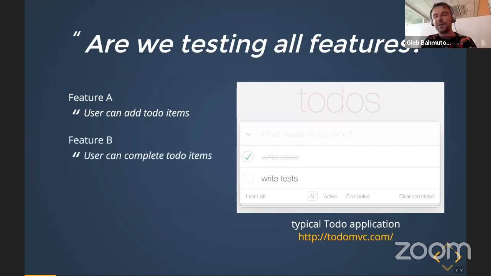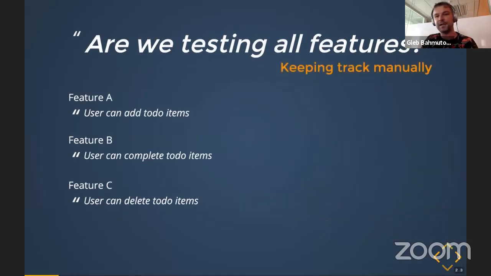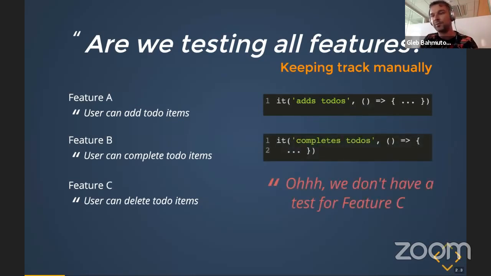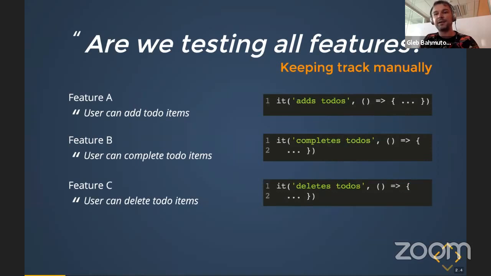A second feature, you probably want to complete a to-do. And the third feature would be you probably want to delete to-do. So, okay, let's start writing tests. And at first, we can keep track of what features we have tested manually. So we can name our test the same as a feature. And then if we do everything correctly, we say, oh, we're actually lacking any tests because none of the tests is actually named delete to-dos. And we'll write one, and we